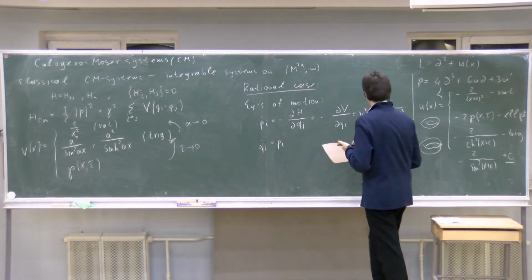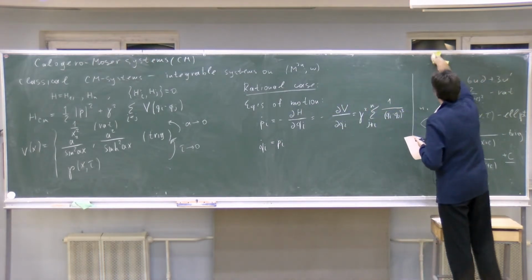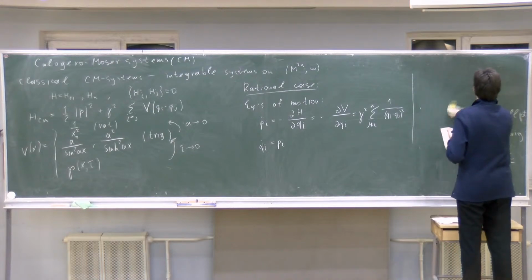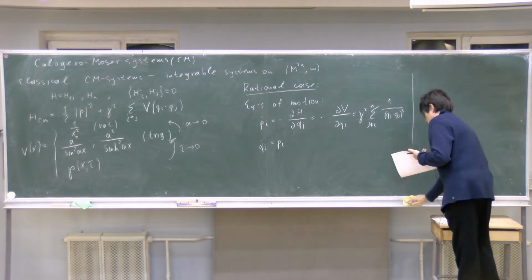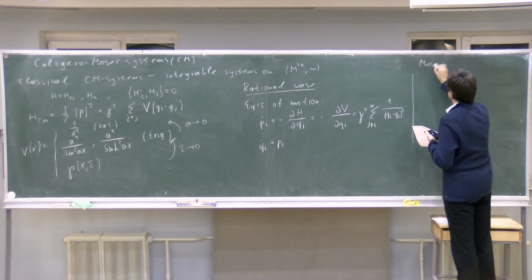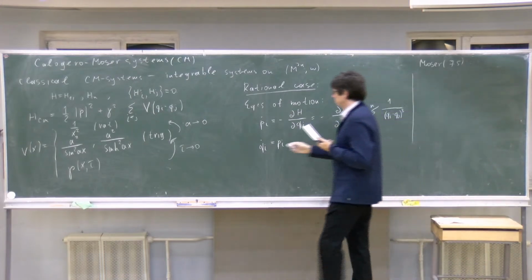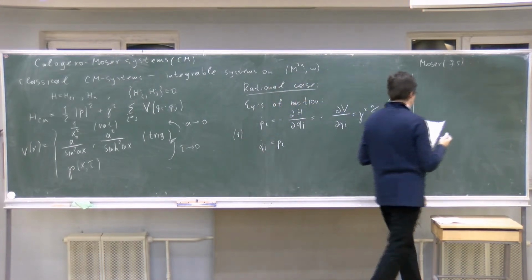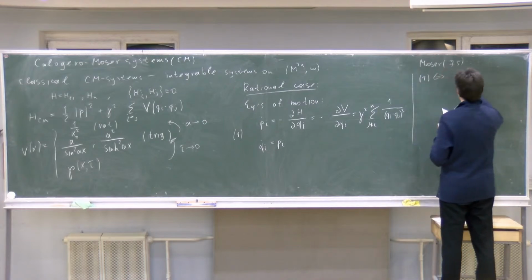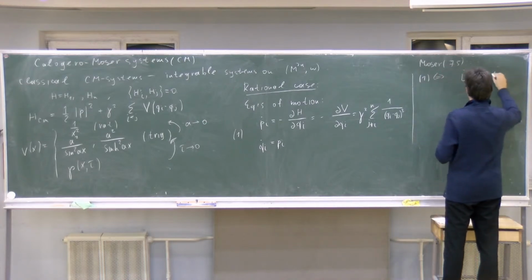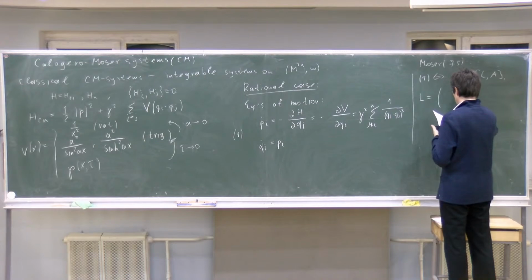And Moser in 1975 proved that this system is equivalent to a Lax equation L dot equals [L, A],